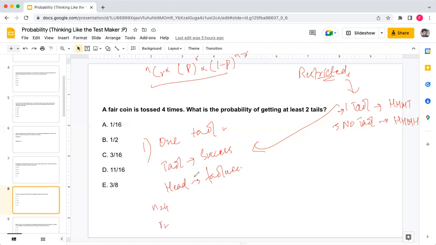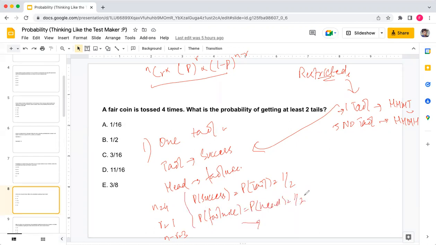Because we are considering tail as a success and we have only one tail, r will be equal to 1, and n minus r will be equal to 3. The probability of success, the probability of tail, is equal to 1 by 2, and the probability of failure, the probability of heads, will also be equal to 1 by 2. Now if we use the formula, so that will be simple,